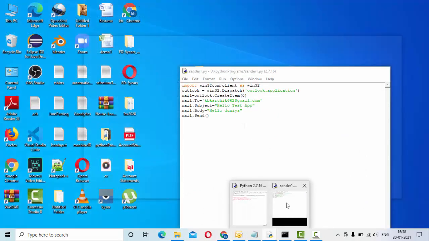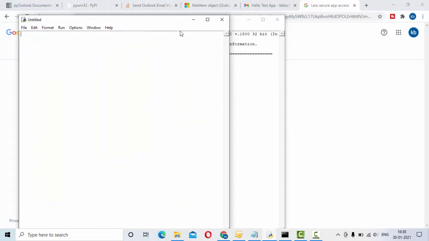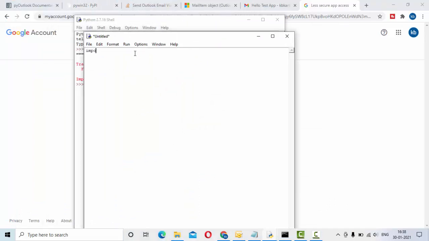So let me select one empty file. Here I'm using Win32, so import win32 client as win32. Then I need to initiate my Outlook in this case.